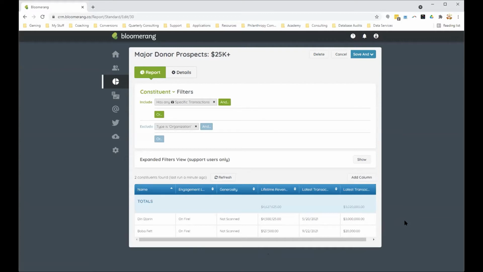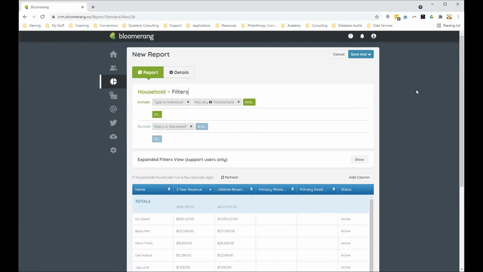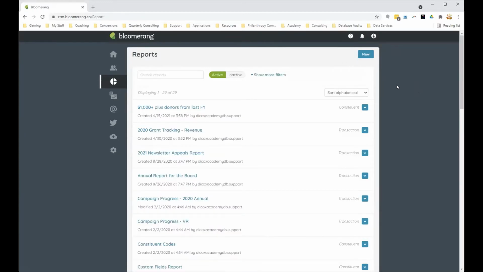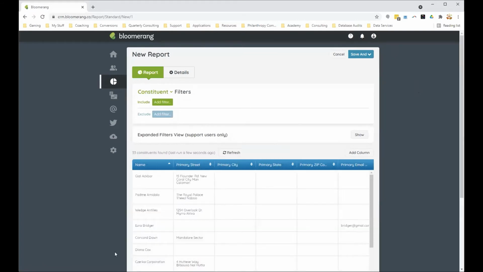So the next two reports we're going to build live, and this is that deviation. Donor search can only scan real people, so I have added in a few real people to my database so that we could get donor search to actually scan them. Once I build these reports, I'll explain the difference between engagement and generosity, but that's what we're going to base this next report on. We are going to build a new constituent report and find some major donor candidates based on high engagement, so they really like us, and high generosity, which means they are giving in the nonprofit space